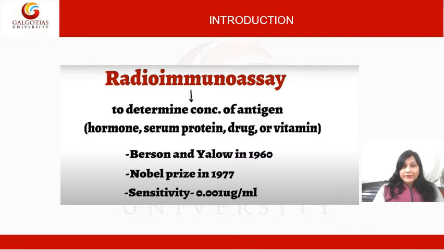The radioimmunoassay, which is the actual topic of this lecture, is the immunoassay that uses radio-labeled molecules in a stepwise formation of immune complexes. The radioimmunoassay is a very sensitive in vitro assay technique that is used to measure concentration of substances. It is a quantitative type of assay that usually measures antigen concentration, for example, hormone level in blood, by using antibodies. RIA is very sensitive and very specific.